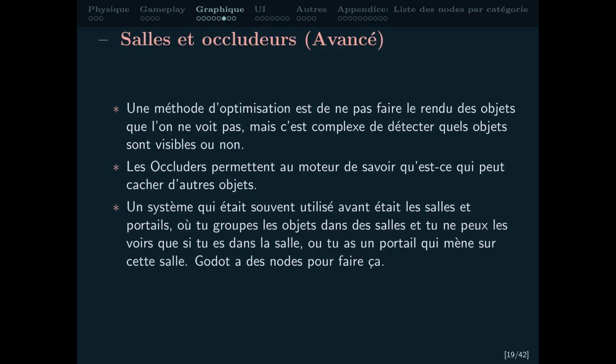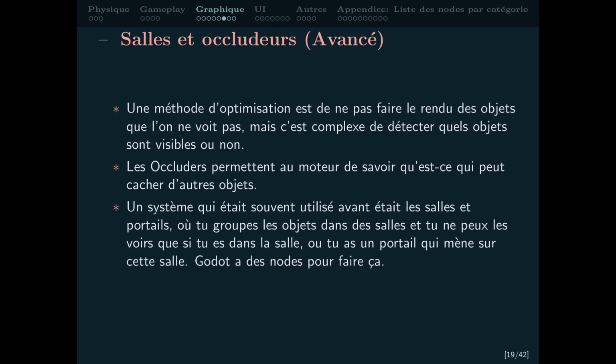Then there's another more advanced subject, which is occlusion culling, which is an optimization method whose basic concept is, since there are objects you don't see on the screen because they're hidden by another, there's no need to send them to the graphics card, which is going to be faster. But that's a really complex subject to know what is going to be drawn in front of something else without drawing it. So there's a whole family of methods which are called occlusion culling, and Godot provides some of them with the occluder node, which helps you create parts that will